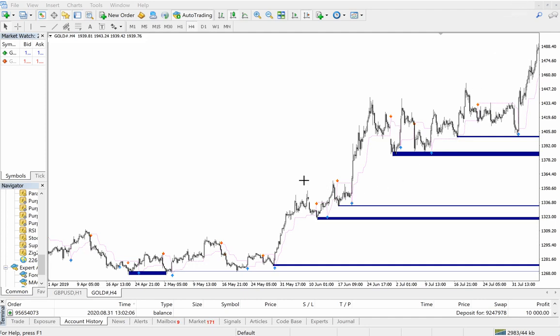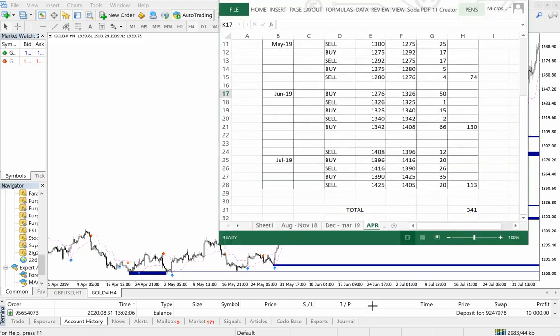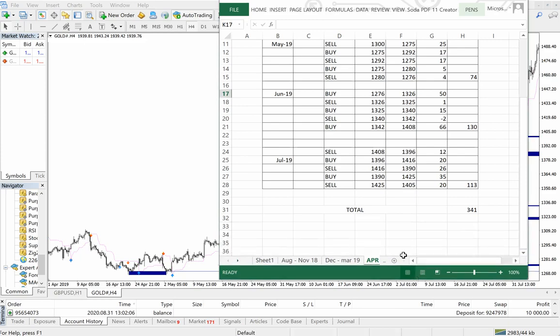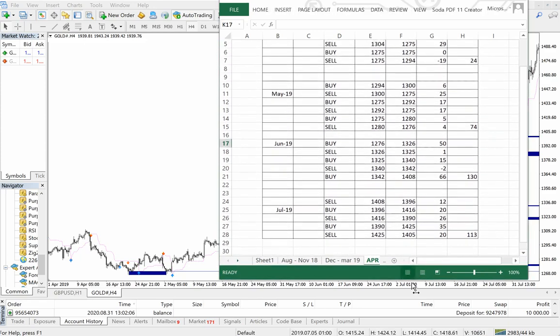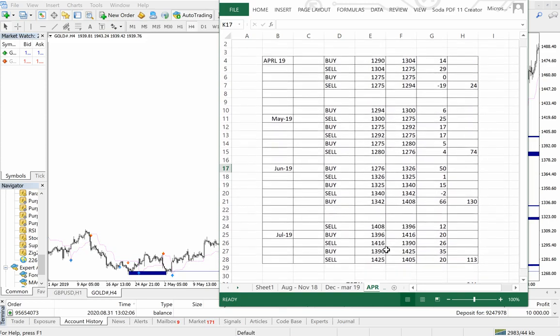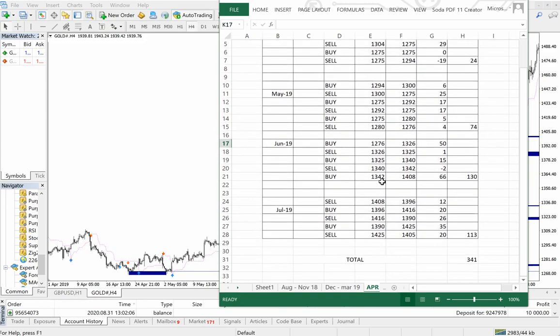So this is the third video where we will see how gold has performed using our 20 in 1 trend indicator and support and resistance or supply and demand indicator, which we will just see how it works. So this is the Excel sheet we have already prepared, and this Excel sheet will give you a complete understanding of how we have gained this profit. You can see here the total profit gained is 341, and we will see it live on our market.